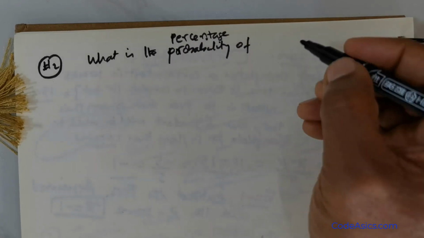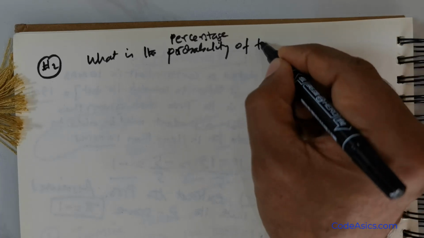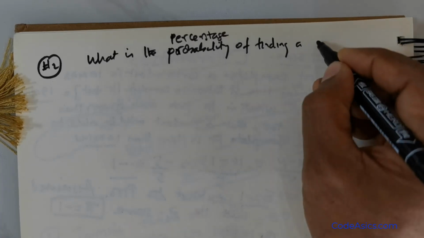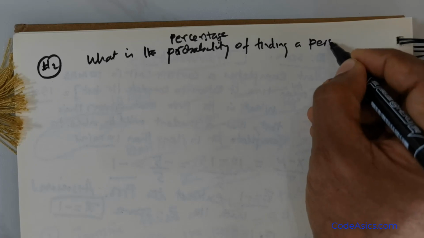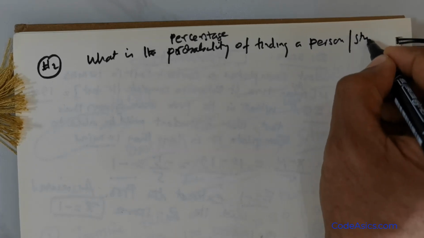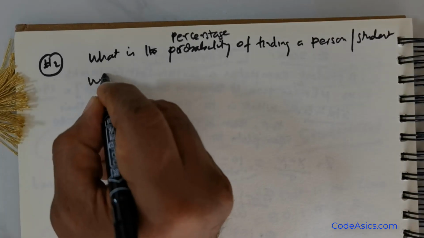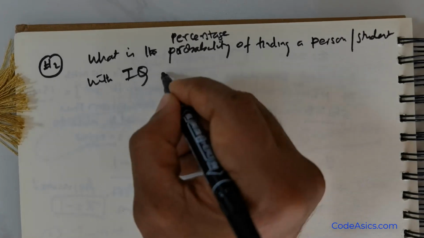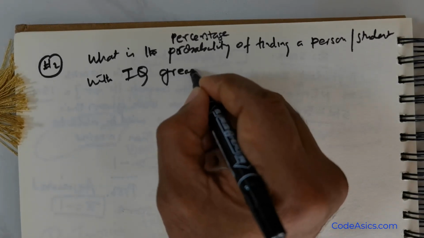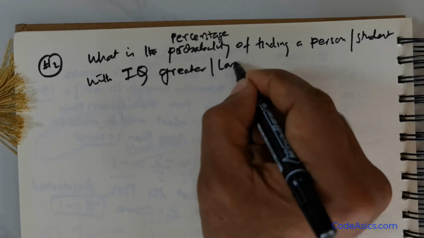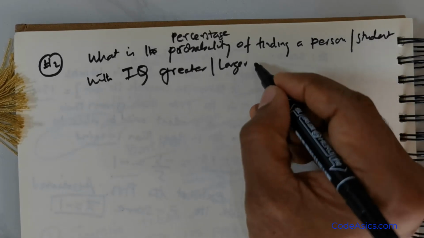So I'm just giving two words. So what is the probability of finding a person or a student with IQ larger or greater? It can be either larger or greater than